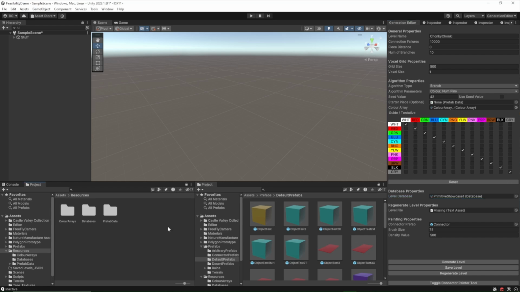Hi, so this is a basic demonstration of what my procedural level generation tool can do. It was inspired by a technique called Snappable Meshes, which was created by a team at Lusófona University, and I